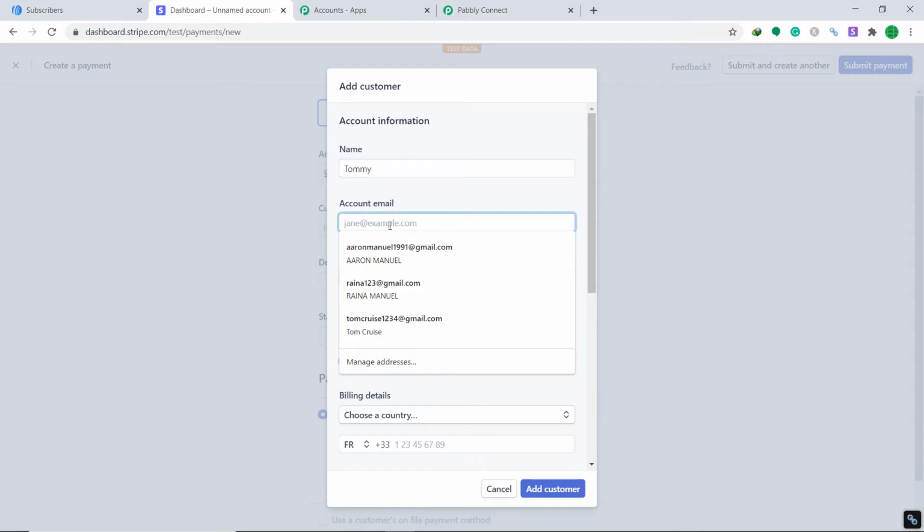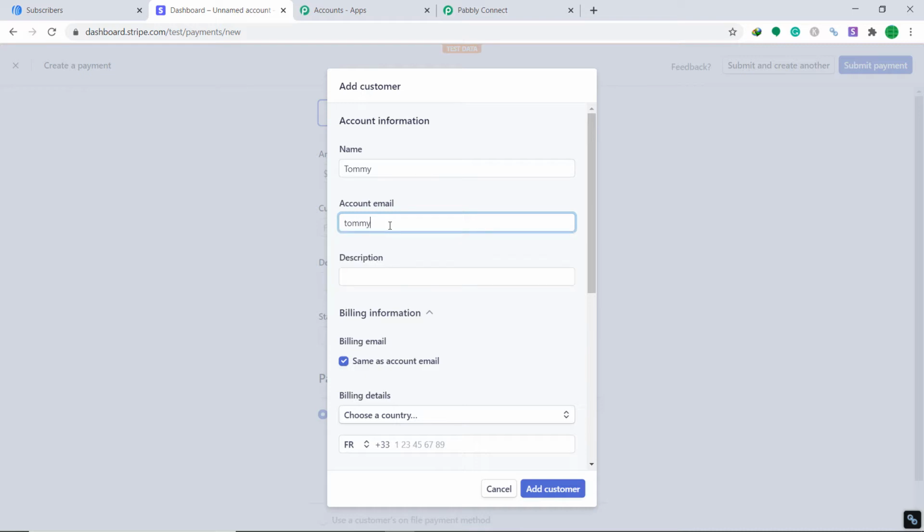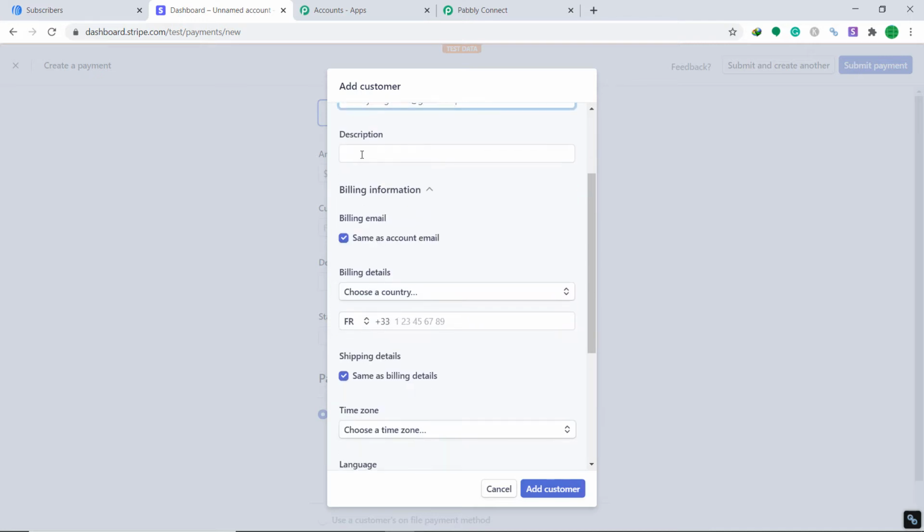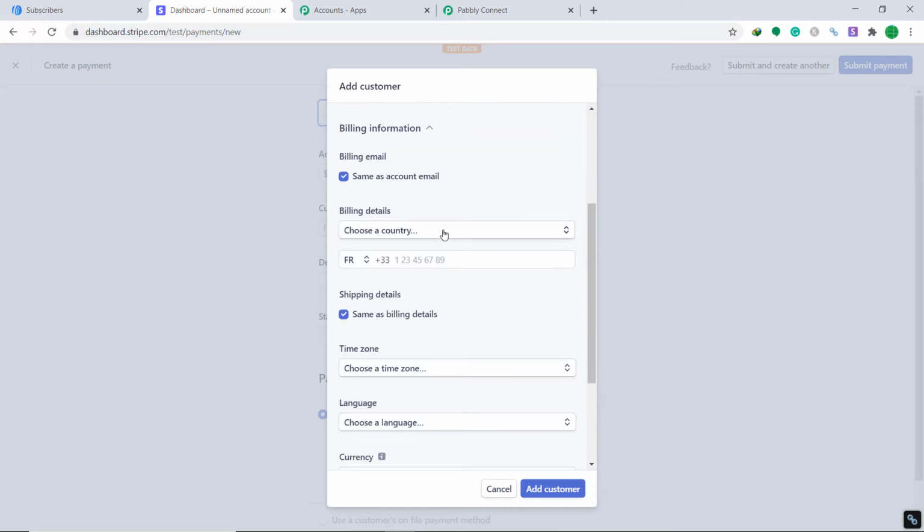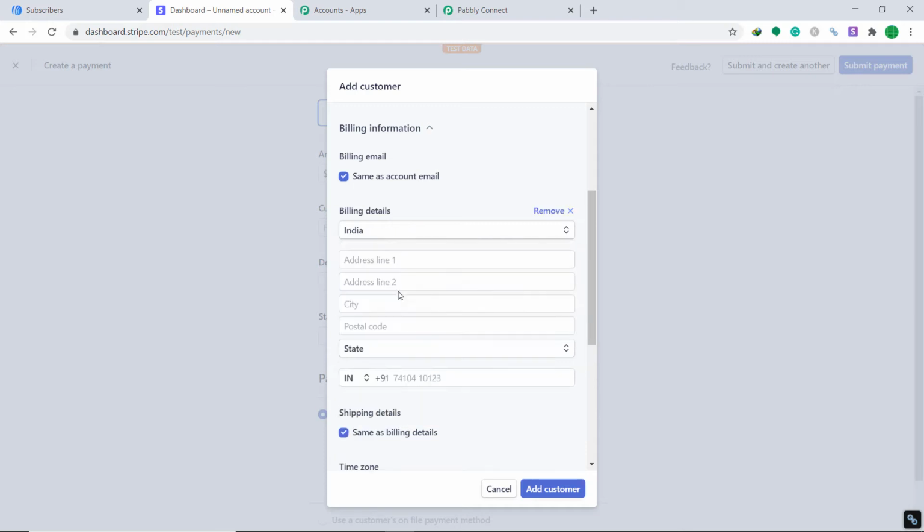And the account email is Pbbr@gmail.com. Something random that's coming to my mind, that's all. Description is random. Country details, let's keep it as India. We have India, okay. Address line 1 E105 Ashoka Enclave,